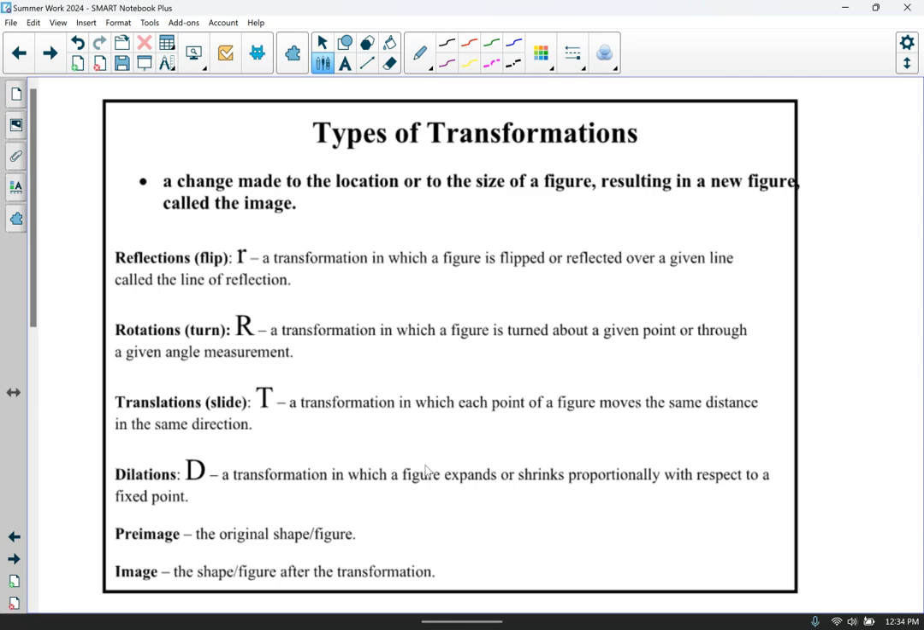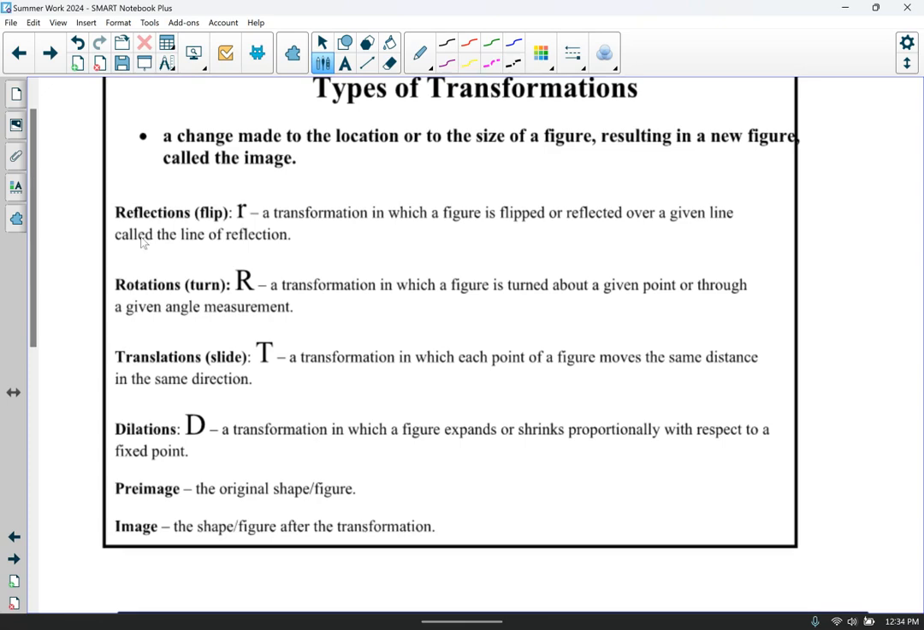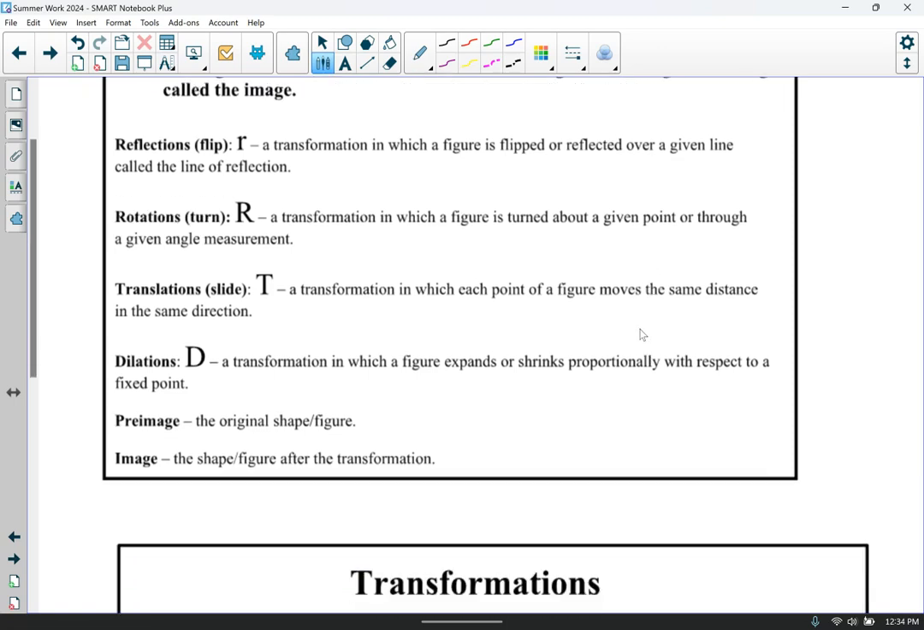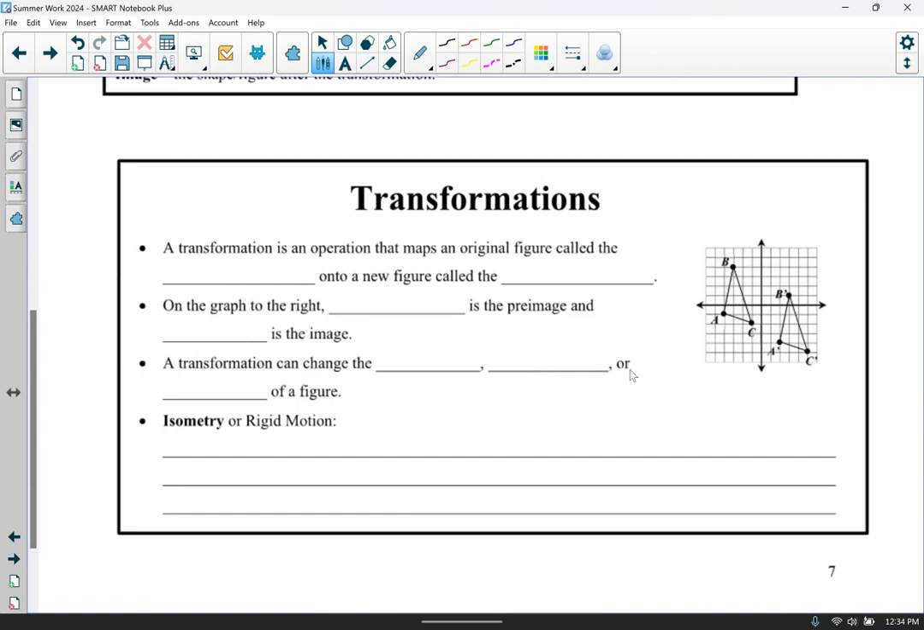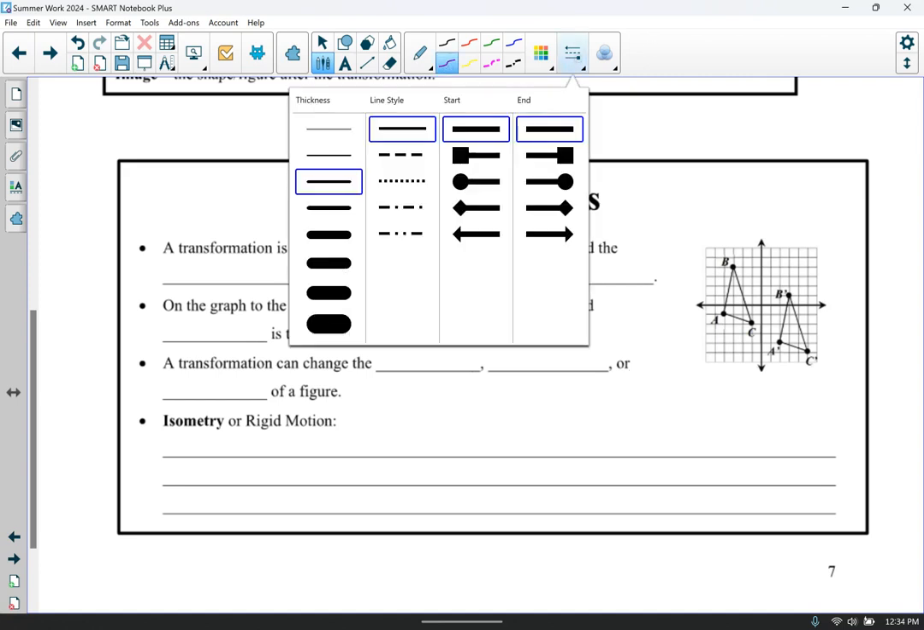Okay? So we have a few different transformations we're going to look at in this work. We've got reflections, a flip; rotations, turning; translations, a slide or a shift; and dilations, which is an enlargement or a shrinking of a figure. Some important vocabulary words in addition to that is pre-image, being the original figure, and image, being the figure after a transformation happens. Okay? A transformation is an operation that maps an original figure called the pre-image